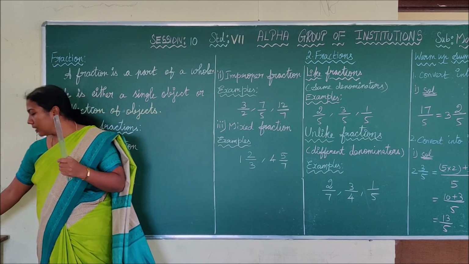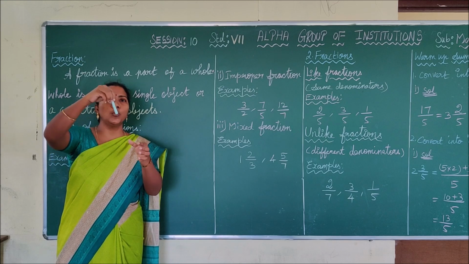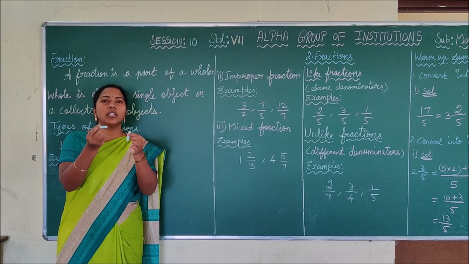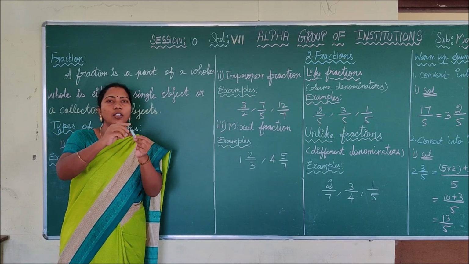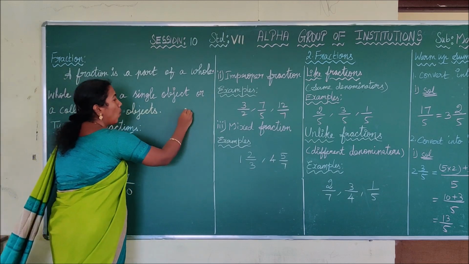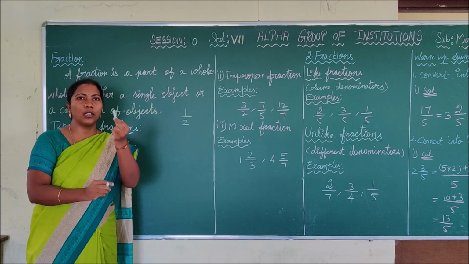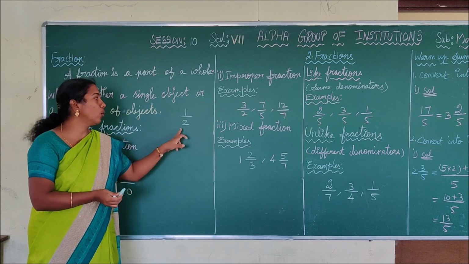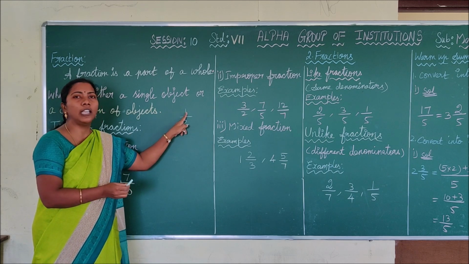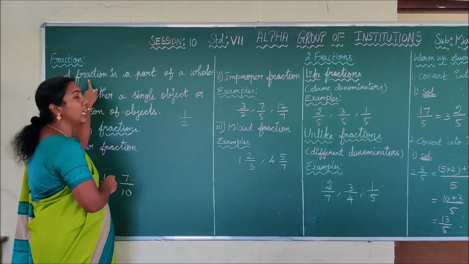See here, this is a full chalk piece. Now I am going to split this chalk piece into two parts. Whole chalk piece, that is full chalk piece. Now the chalk piece became two parts. This is the half of the chalk piece. So how can you write the half of the chalk piece? That is 1 by 2. Among the two parts, it is one part. The total number of parts is in the denominator, and I have selected only one part, so you have to write 1 in the numerator. So to denote the part of a whole, we are using the fraction.